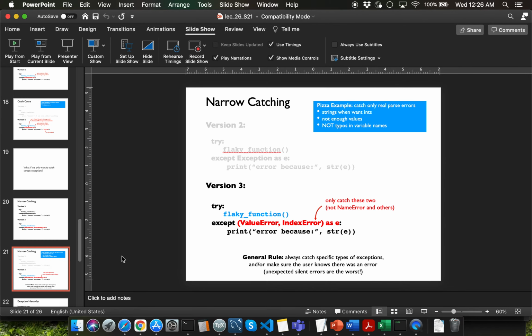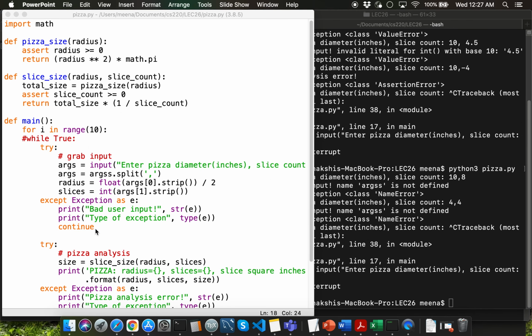So let's go back to pizza.py and catch specific exceptions instead of catching a general exception over here. I'm going to update the except block here to catch ValueError. Let me type in ValueError within double parentheses to indicate the tuple of exceptions over here. The next type of exception that I want to catch is TypeError, and I also want to be able to deal with IndexError.